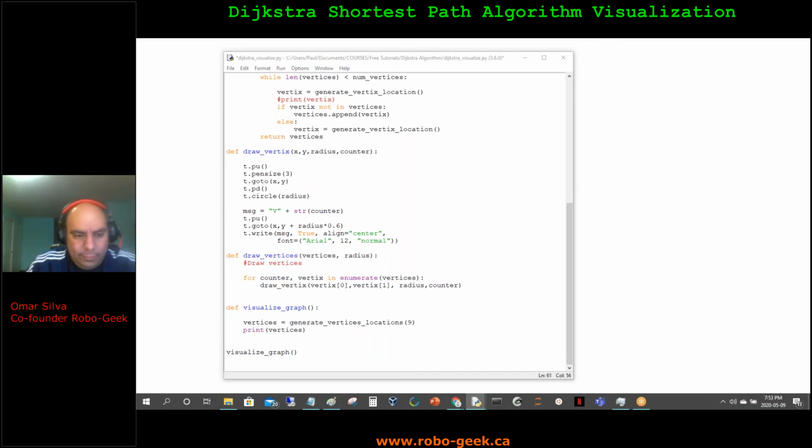Okay, so how we call it, very simple. We're going to now draw vertices, take this vertices list, and radius that we define as 25. Okay, so if we run this,